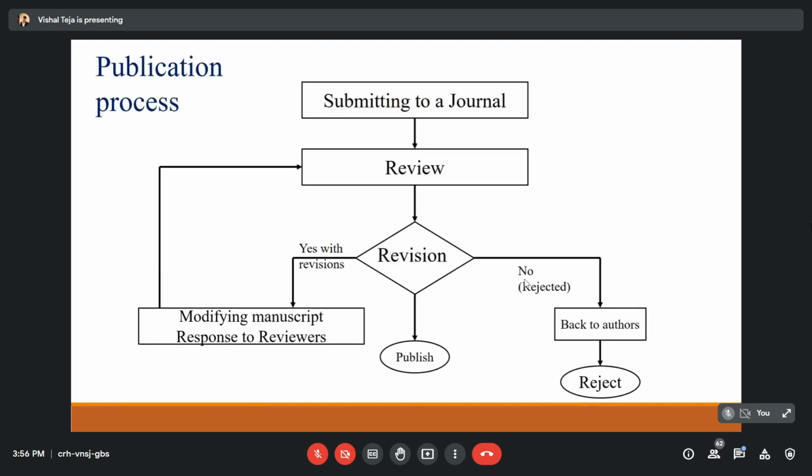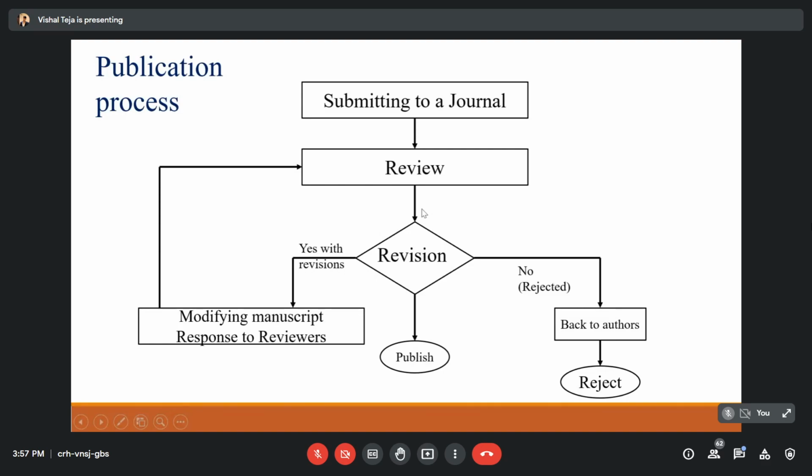So now we have submitted our research paper to a journal or a conference. Then what is the next step that would happen? So we submitted to a journal. Then the editor will be there. For every journal, one editor-in-chief will be there, and that editor will check for plagiarism first, and will check the format second. If our research paper satisfies both conditions, then definitely it will go for review,